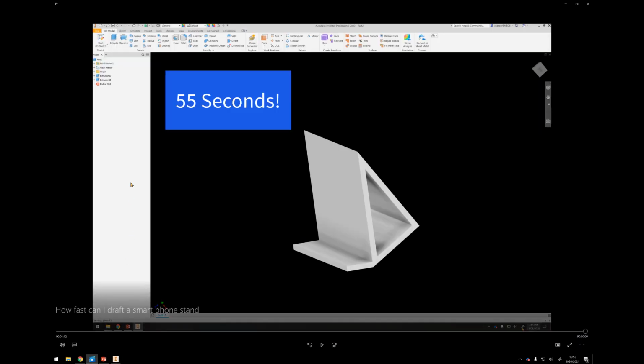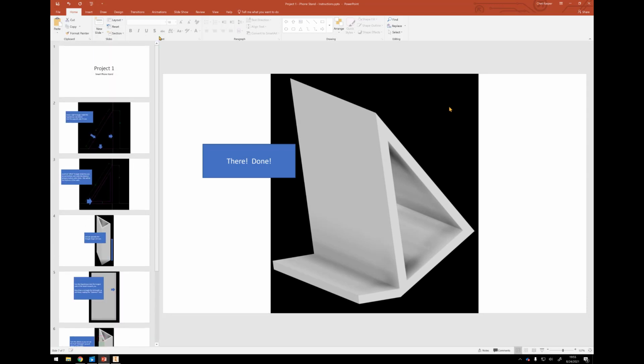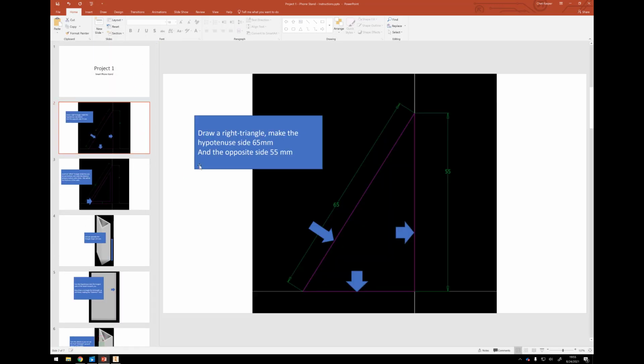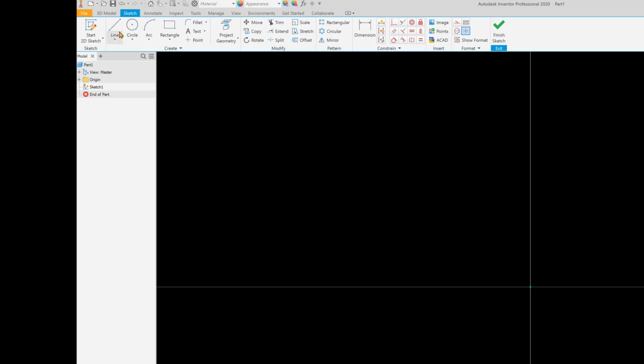So let's start drawing. First, what are we drawing? Well, let's go back to our PowerPoint, and we're going to start with drawing a right triangle, making the hypotenuse side 65 millimeters and the opposite side 55 millimeters. You can see those little blue angled arrows, they show you the 3 sides that we're going to draw. So let's get drawing. Switch back over, and I'm going to start